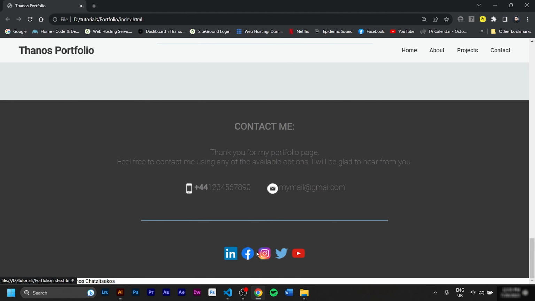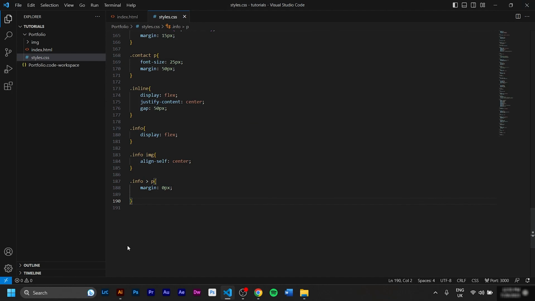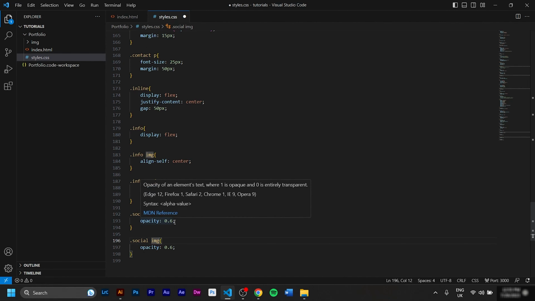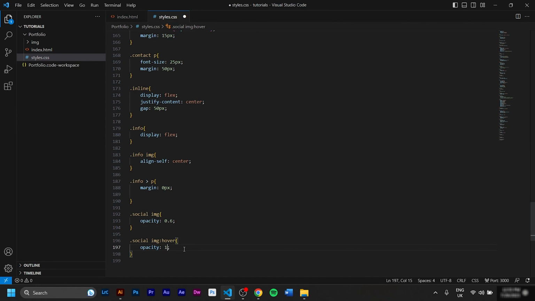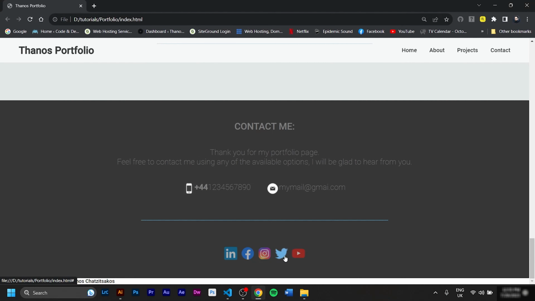So these ones are buttons, so I want some interactivity when I hover the mouse over them. I will turn them to 60% opacity, and when we hover over them, we will give them 100% opacity. So let's do that. We go .social, we target the images, and we just go opacity 0.6 please, and then we target the same thing but on the hover. So we put the 2 dots and hover, and we change the opacity to 1. Boom, perfect.